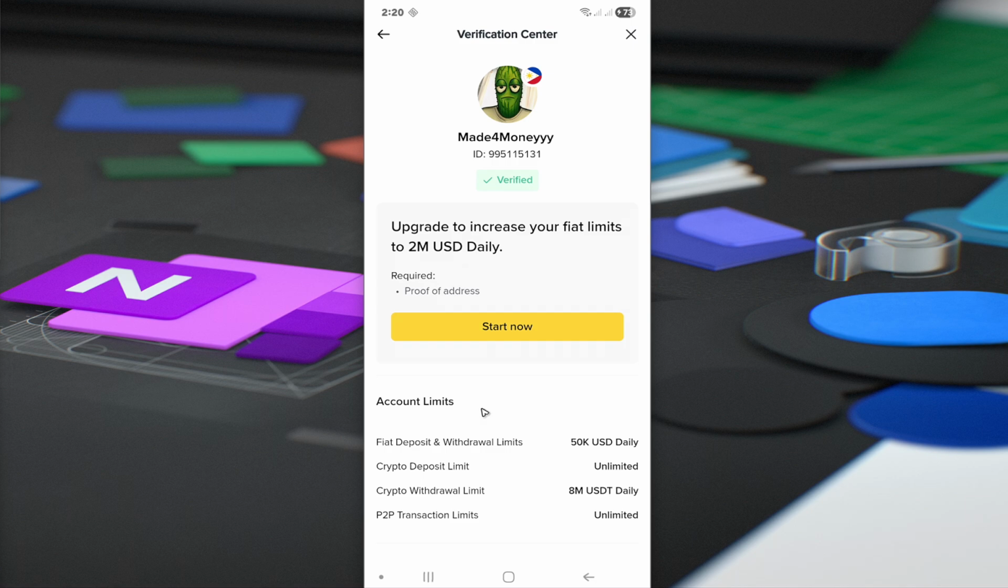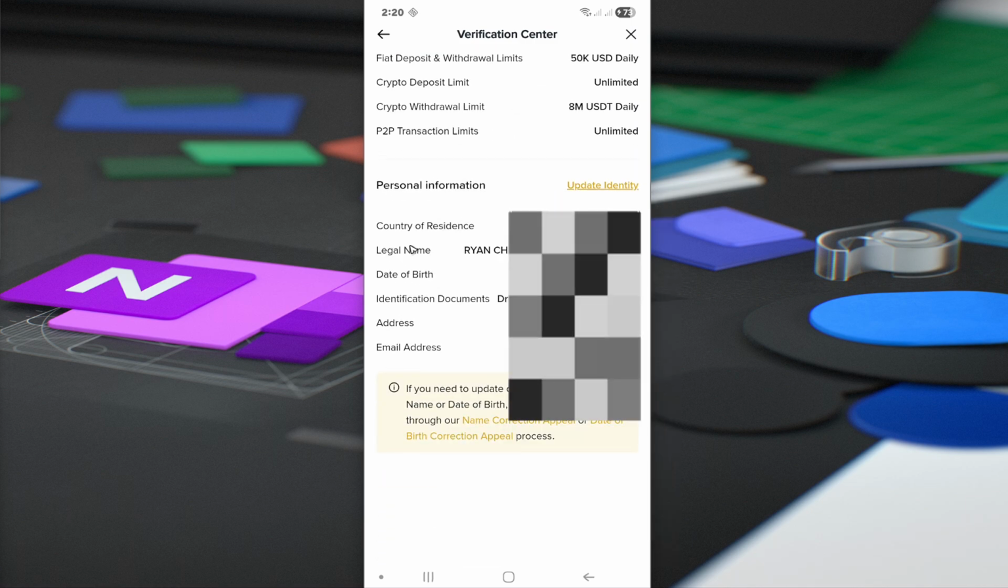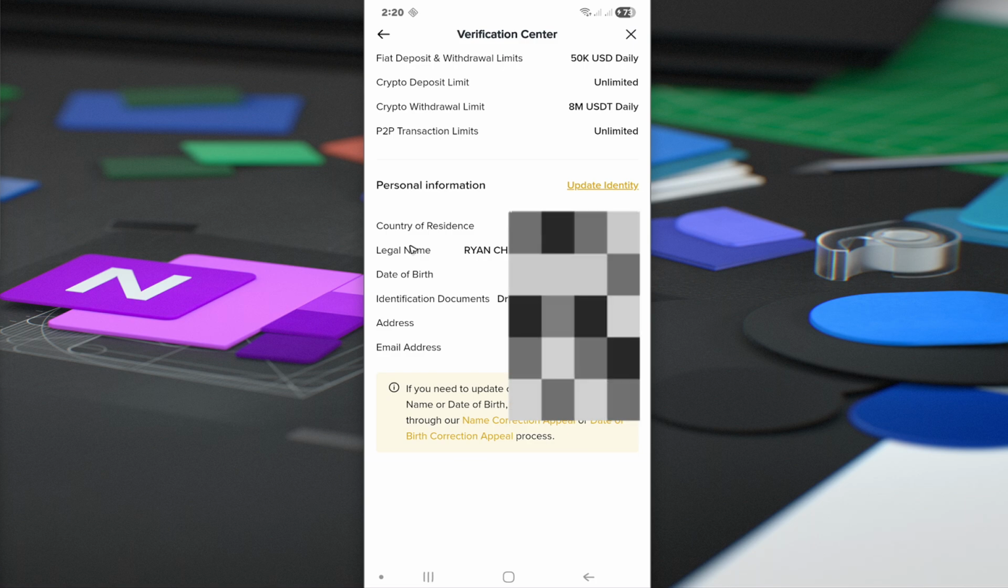And lastly, when doing the verification process, just make sure that the personal details entered exactly match your ID document. And that is how you fix the